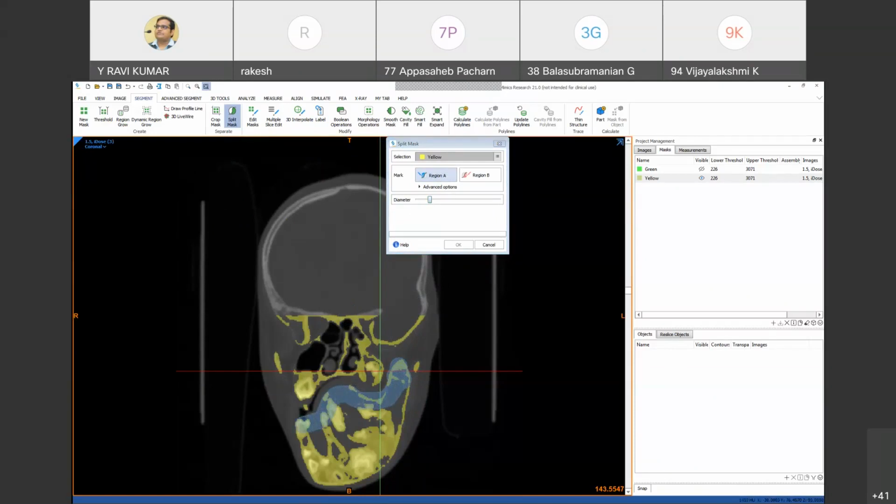So this blue portion is the mandible. And this red portion, just take it as the maxilla.